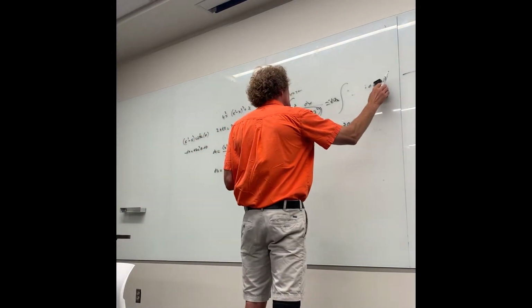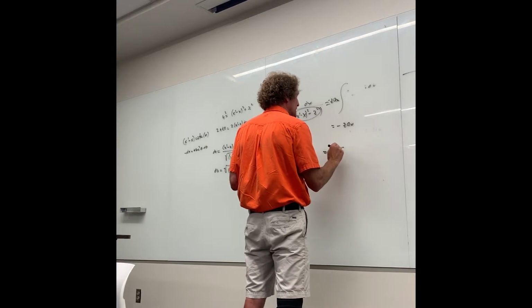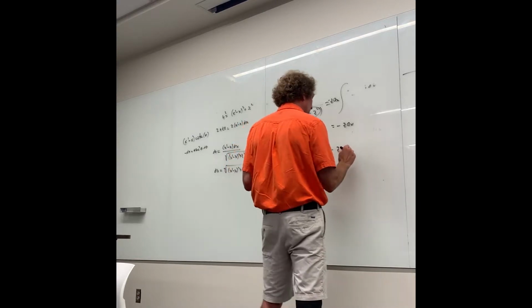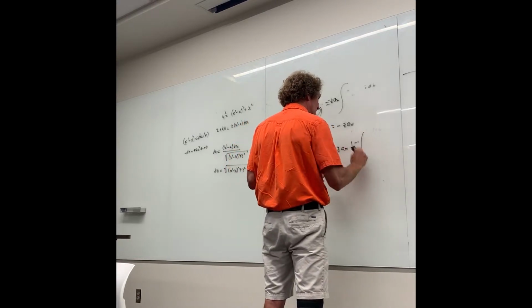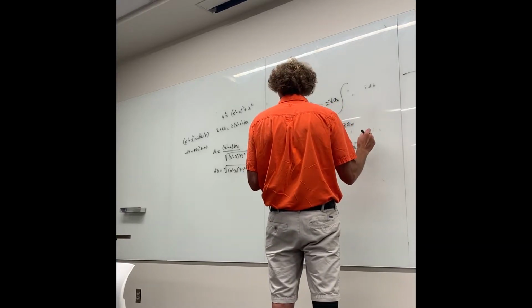So I'm going to say this is equal to minus z ax, and it's going to be tan minus 1 of